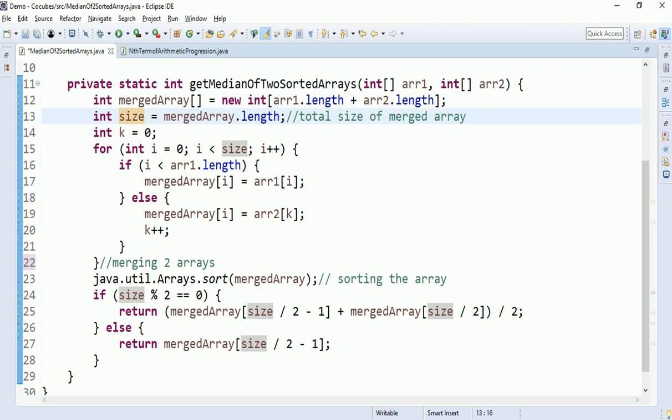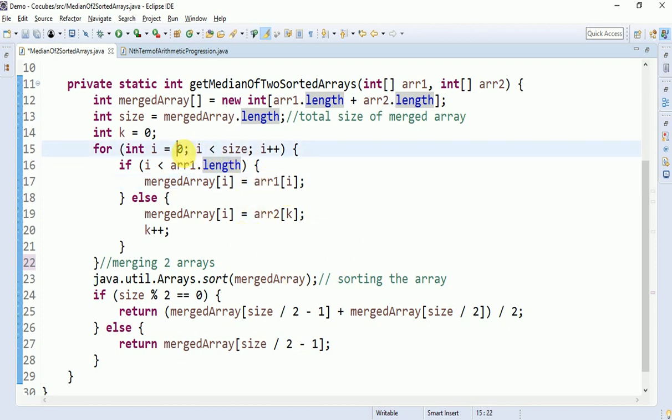So what is the condition I gave? You can put the array1 elements only up to when your index is less than array1 dot length, right? So that's why I kept if i less than array1 dot length, so our new array will always be allocated with array1 elements one by one.